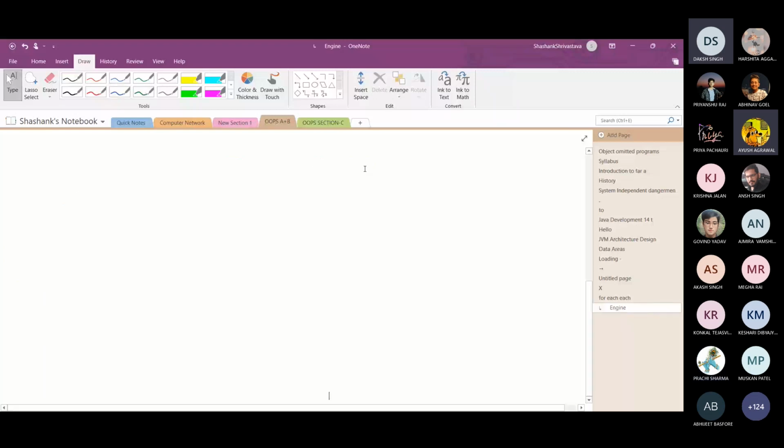This is another important feature of Java: garbage collection. It is for improving the performance of memory utilization. Memory utilization means that sometimes objects are created in memory that are rarely used.